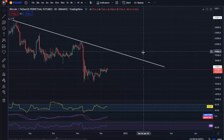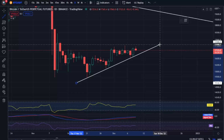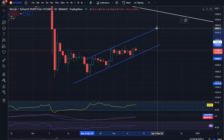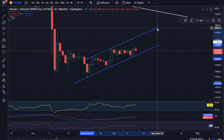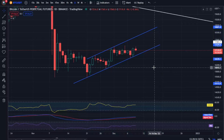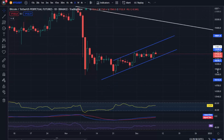Let's start by checking what the situation on BTC looks like, taking into account the one-day interval. It is worth starting by marking with a white line the first trend that the price must overcome. Next, we will mark with blue lines the uptrend channel in which BTC has been moving for a long time. Then, using the fib retracement tool, we can check where we have support for the price, and here as the